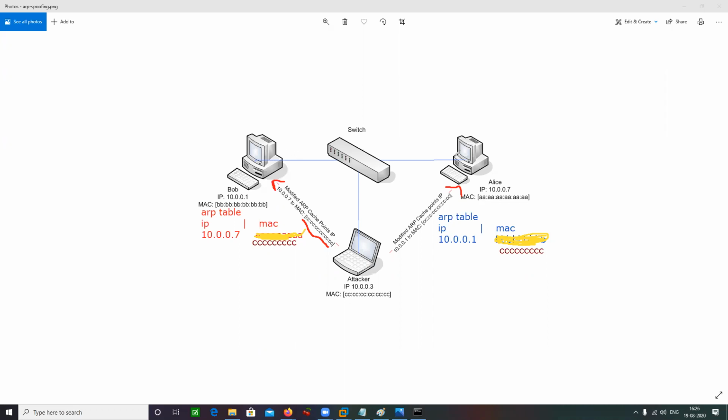When Alice sends something to Bob, the data is going to be sent to the attacker. And when Bob wants to send something to Alice, still the data is sent to the attacker. Now the attacker is going to forward that data to Alice and this data to Bob. This is your MITM, man in the middle attack.